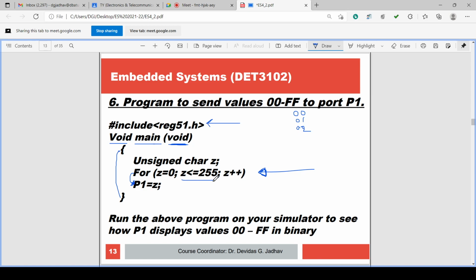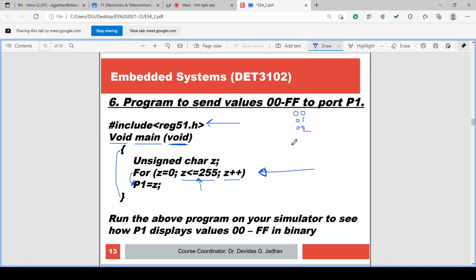Whenever the for loop starts, it starts with Z equal to 0, and first it will check whether Z is less than or equal to 255. Z is 0, so it is less than 255. The condition is true, so it will execute. And Z is increased.